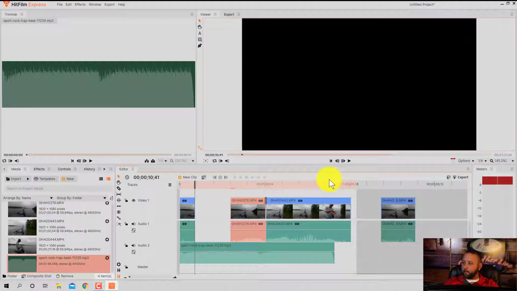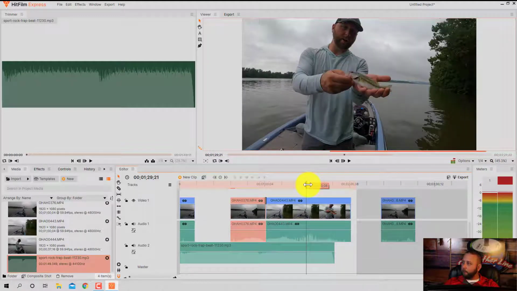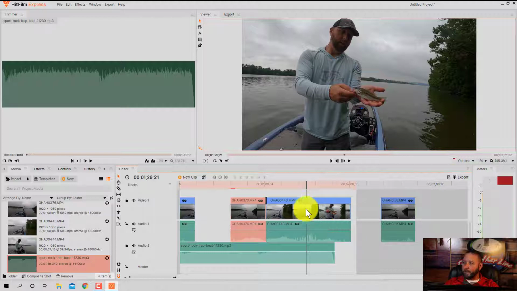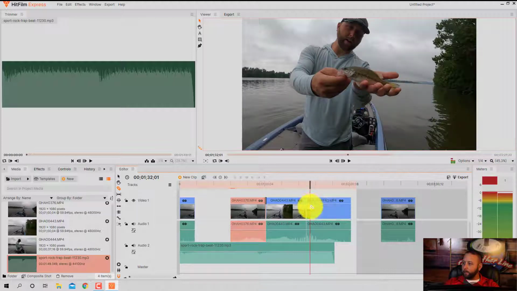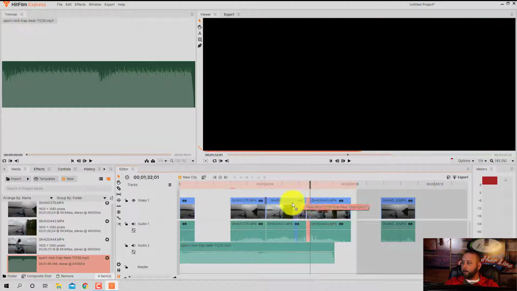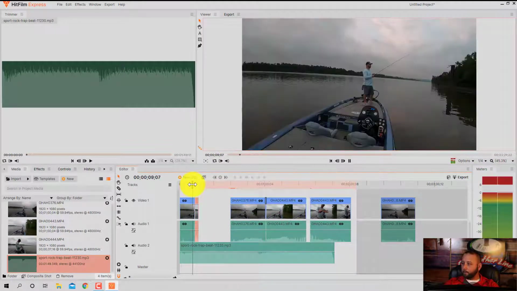So let's just say that maybe I want to have a little clip here of me holding this monstrosity of a bass up. So I'm going to hit C to get the clip. And then I'm going to go over here and maybe get another little clip here. So now I have this little clip that I've created here. I'm going to hit V on the keyboard to get the selection tool. Remember that. So now I can click, hold, and drag this thing over here. So now what will happen is if I play this back,